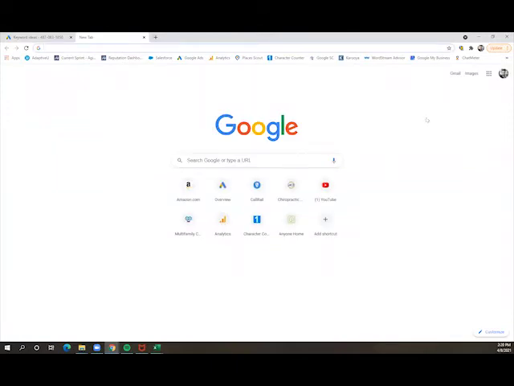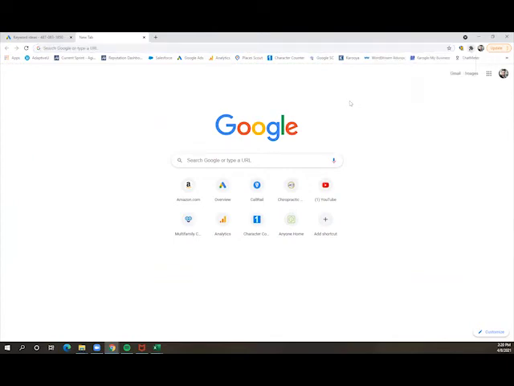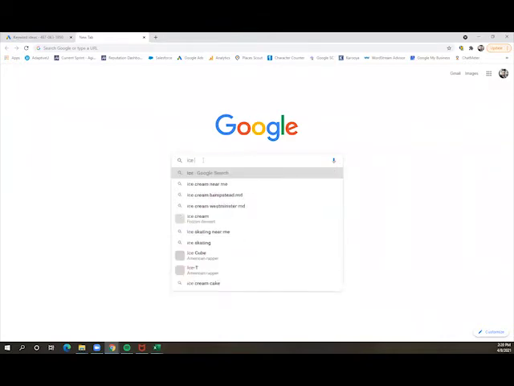And this way is you're going to have to download an extension called Keywords Everywhere. So go ahead and get Keywords Everywhere, download it and save it to your extensions there. It's a Chrome extension if you're using Chrome. I use Chrome, but for example, if I were to search for ice cream shops,